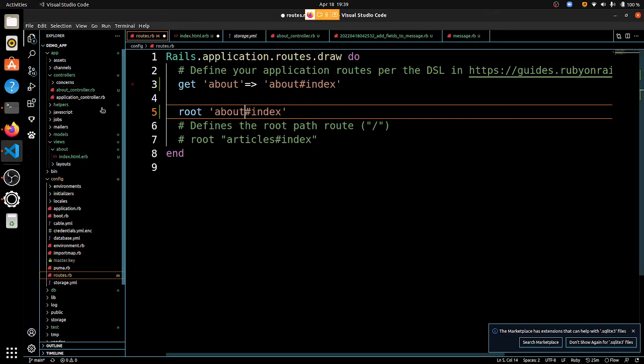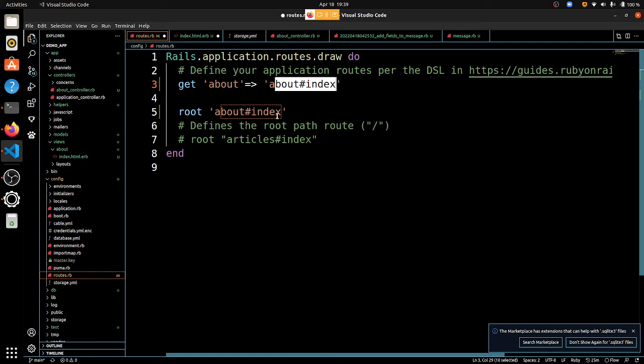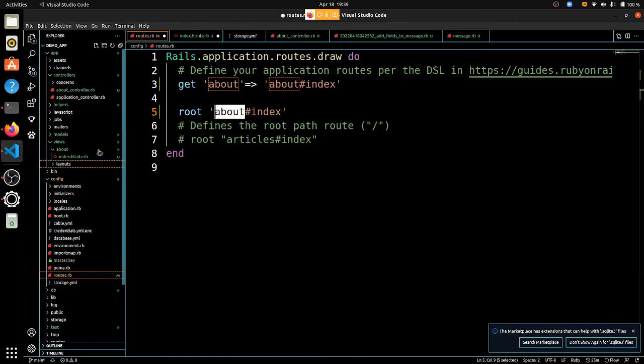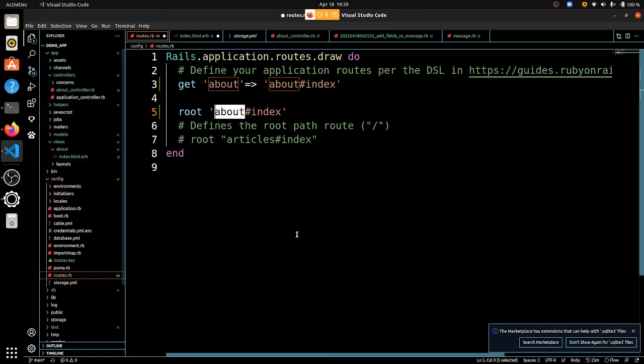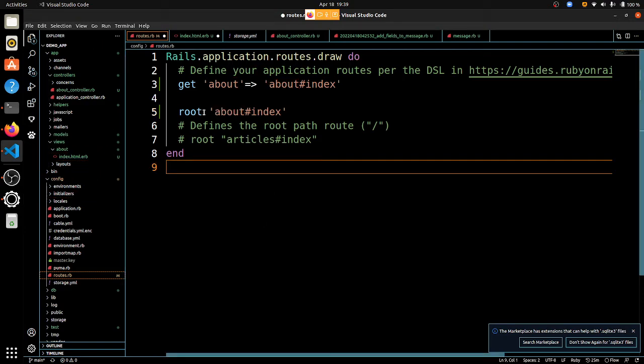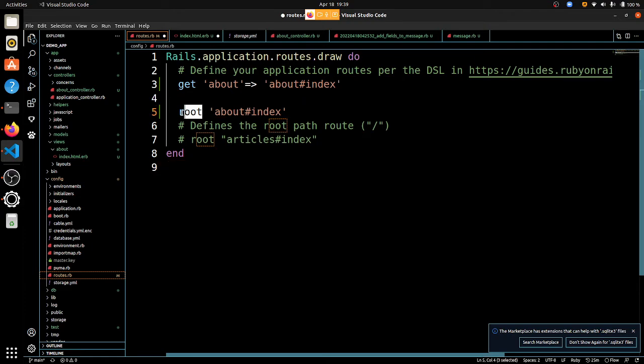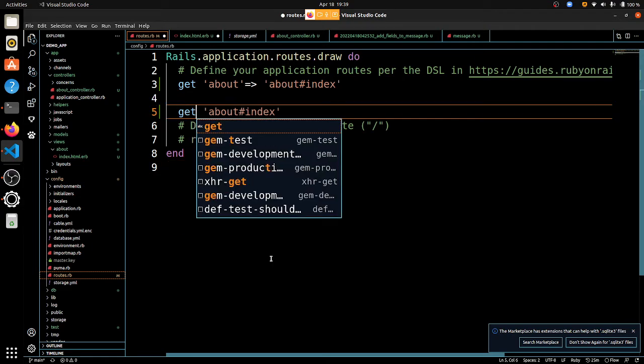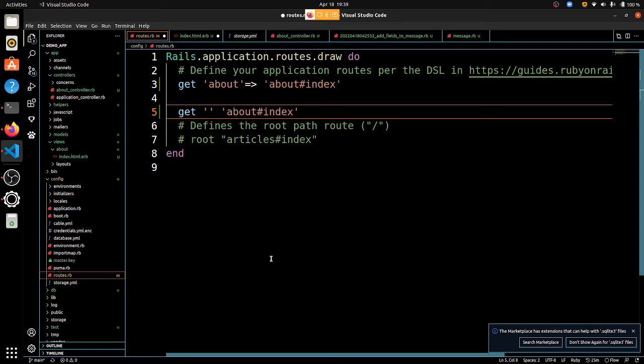You don't need to create another new controller and another index. Nothing is required. You are just pointing the same root to the same folder. If you wanted a different controller, then you have to do everything new again. I will tell you one more thing which I learned. You can write the same get as get slash this and